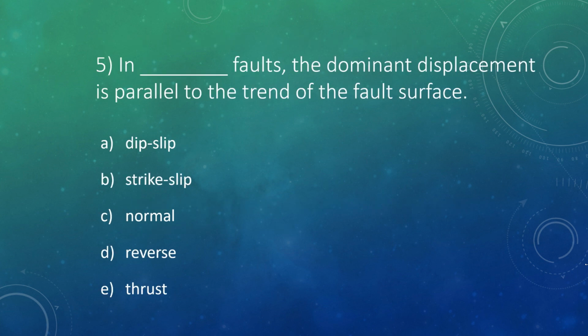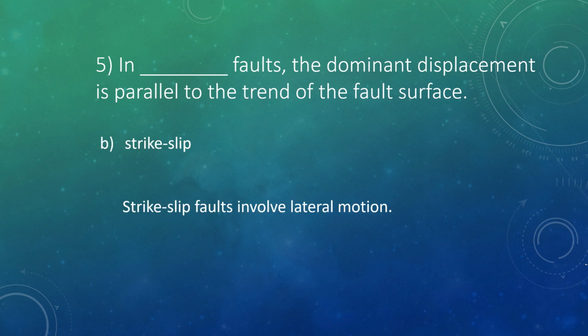And last but not least, in blank faults, the dominant displacement is parallel to the trend of the fault surface. Okay, so we learned about two main categories of faults, and in this case, it is a strike-slip fault. Strike-slip faults